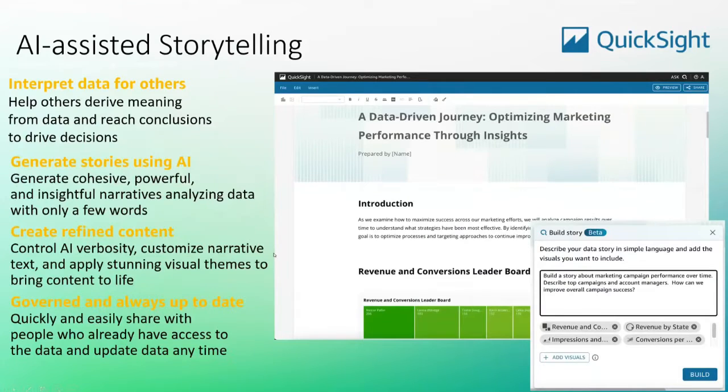Next, let's take a look at the third interesting Gen BI feature, AI assisted storytelling. Again, this is for the reader experience. We have seen how readers or business users can do the Q&A of asking for a visual or generating an executive summary. With storytelling, now we can blend these two into one single form and generate an